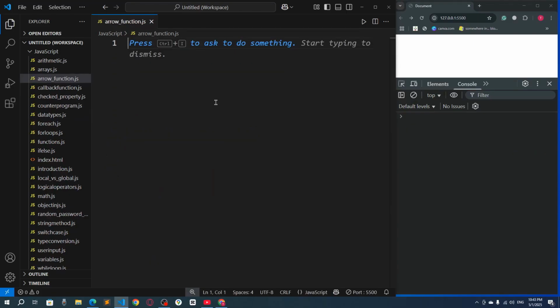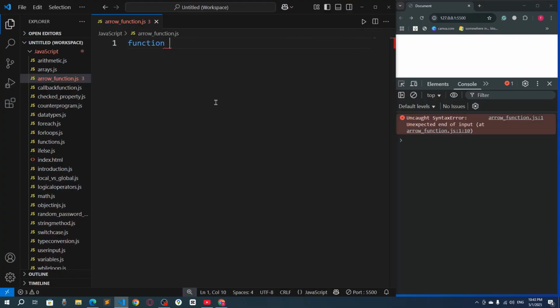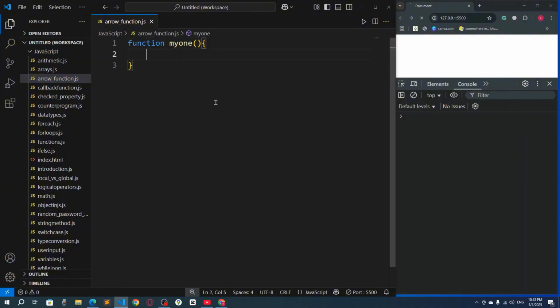In this video I'm going to talk about arrow function. Here you can see I have created arrowfunction.js. So now I will show at first the traditional function, and that is function and then any function name, let's say myOne, and then I want to show here, let's say I want to return any value. So I will say return